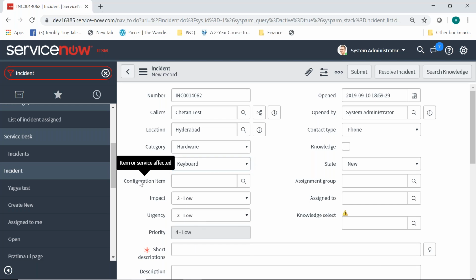Configuration item, I'll cover it later for you. I'm skipping it for the purpose. Next over here is priority. Anyone any idea what we mean by priority of the ticket? The incident is going to be low, medium, or high, and if it's high, it's a highly important incident. Yeah, you are correct on that. Anyone, any other definition? Anyone else have an idea what is the use of the priority?